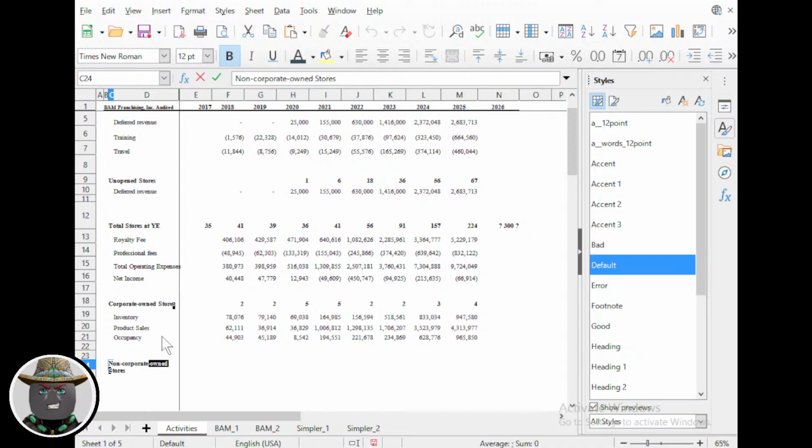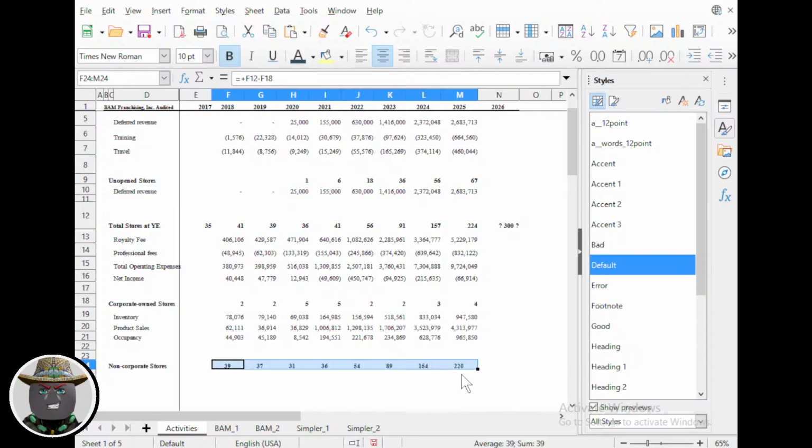Non-corporate stores. These are franchisee-owned stores. So this would just be total stores minus corporate-owned stores. And theoretically, this number should be accurate,